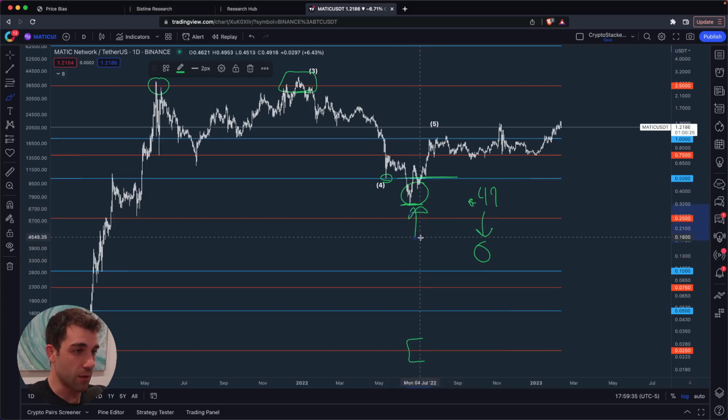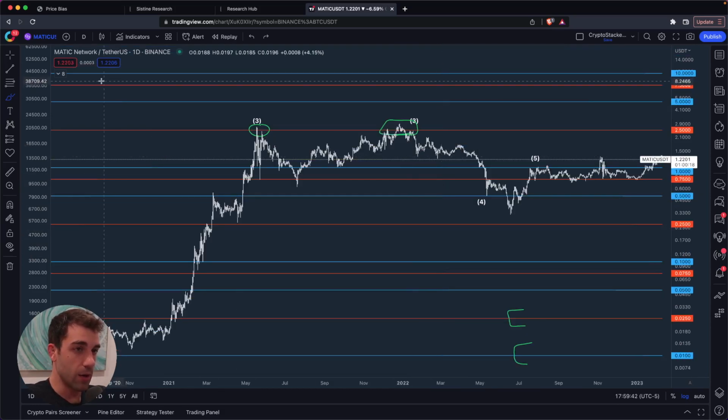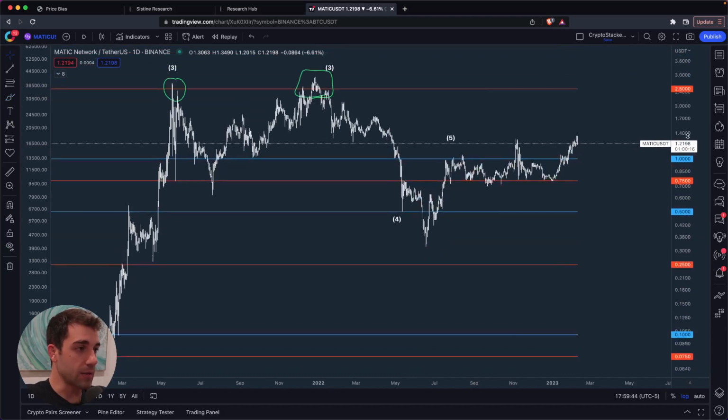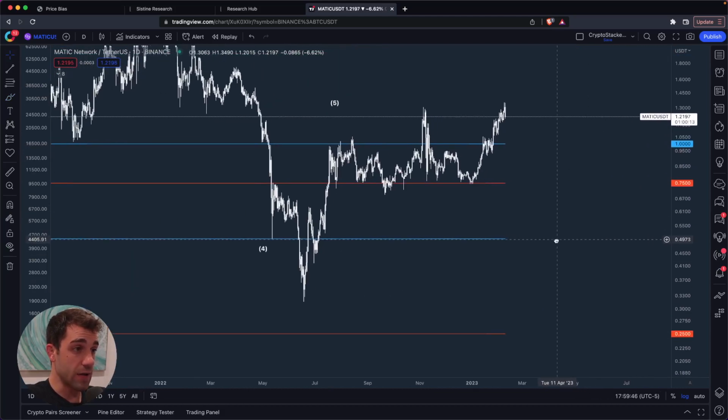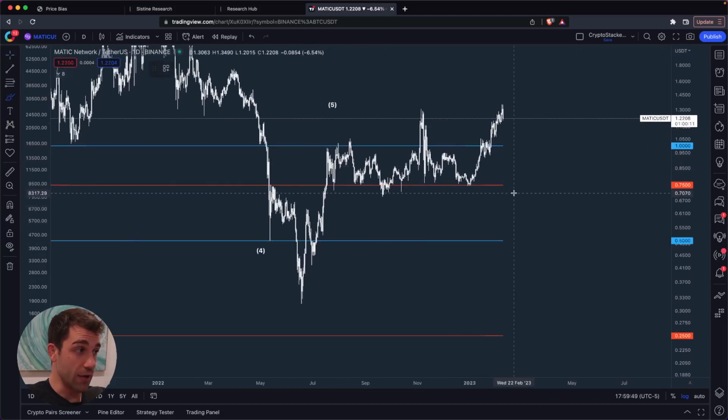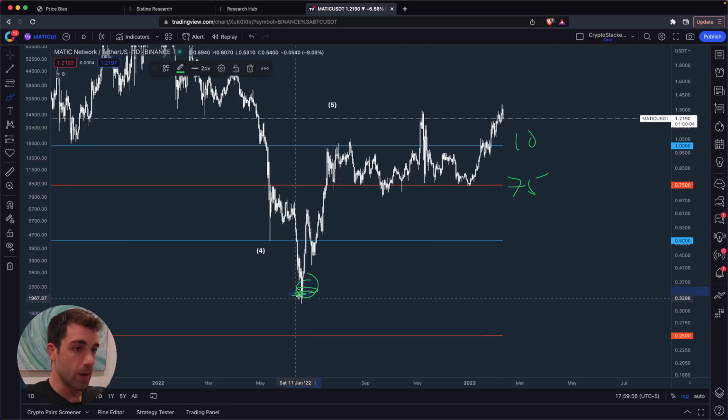Eventually a bottom has to come in, and it's going to be where buyers start coming in, and where buyers start coming in is where they're going to feel more comfortable and confident buying. A lot of that's going to be driven by bias and psychology. We just spent a ton of time with Matic ranging between 75 cents and $1, right? Once we've anchored at 33 cents or wherever we bottomed out here, right? Once we've anchored this low, over $1 seems very expensive, right? It's 3 times where we just were, and we're adding a digit.